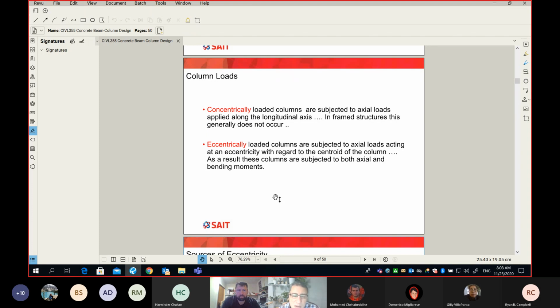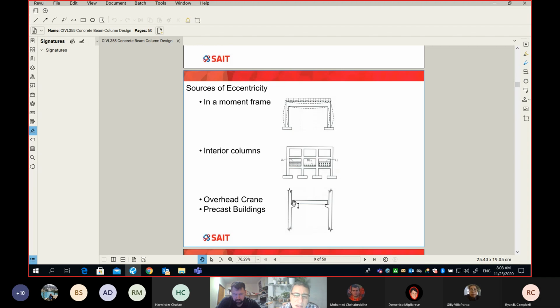And I think we came to the agreement last class that centric column is pure theoretical, since they are very, very hard to realize in practice, because it's very hard to make sure that the force is applied exactly at the centroid. However, the eccentric column is more realistic. And what we did in this slide is I was trying to show you what are the sources of the eccentricity. Not all of them. This is only few examples of how the column